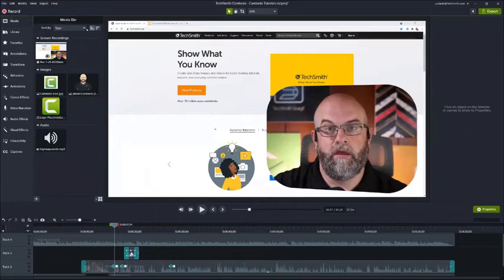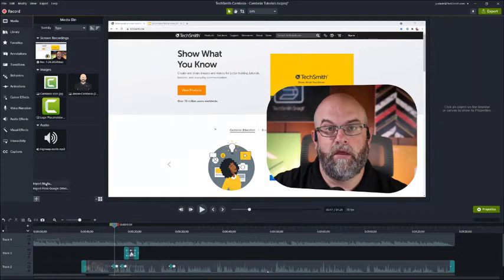Yeah, the easiest way while you're in the media bin is to click on this little plus button in the lower left-hand corner. It gives you two options: either import media, which is just going to be sourcing some folder that's on your computer or connected to your computer. So if you have a network drive that's attached, you can pull it from there, or you can click import